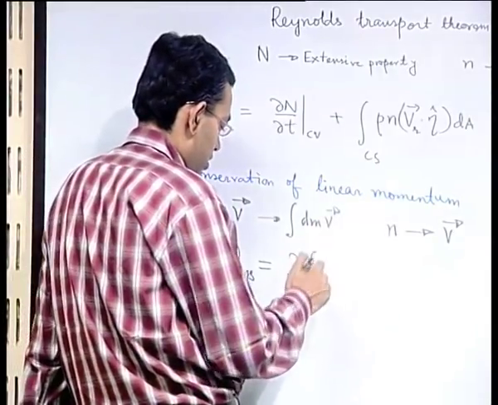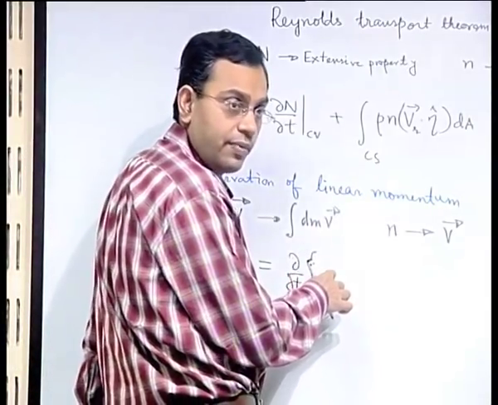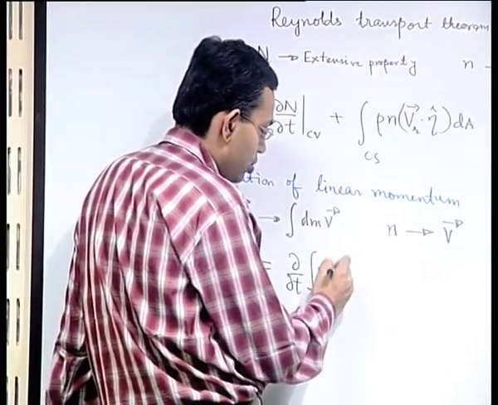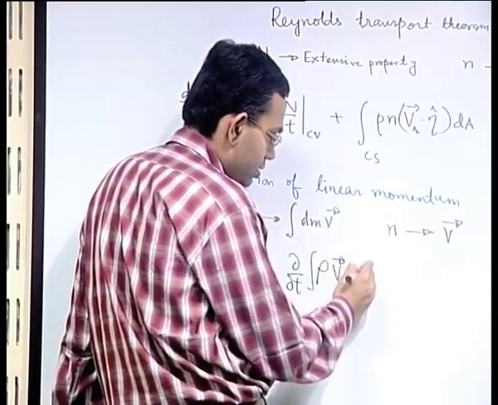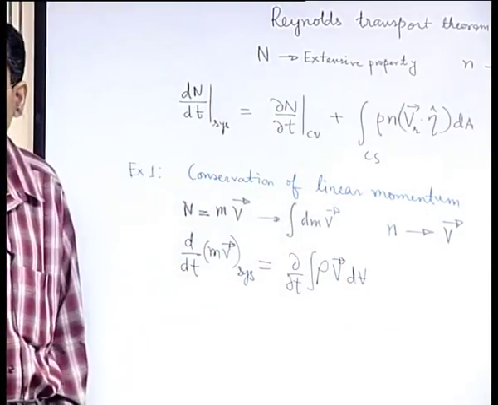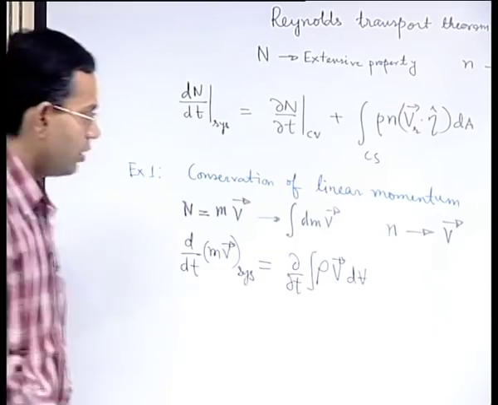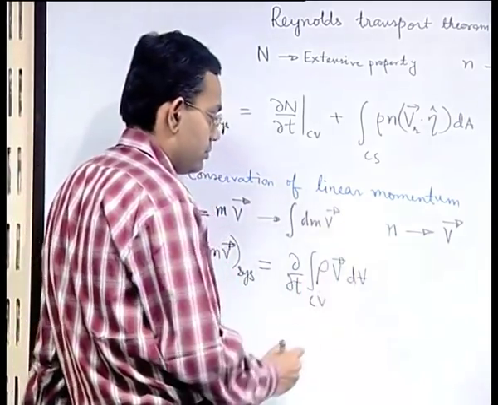Integral of dm into v. So what is dm? dm is rho into dV, right, of the control volume, plus